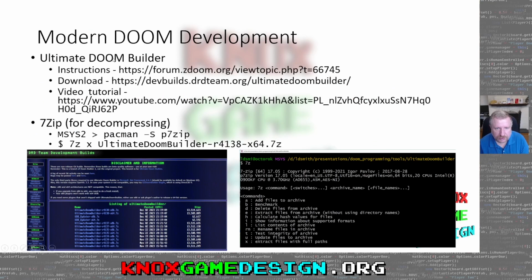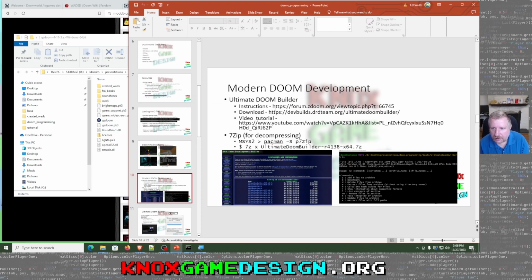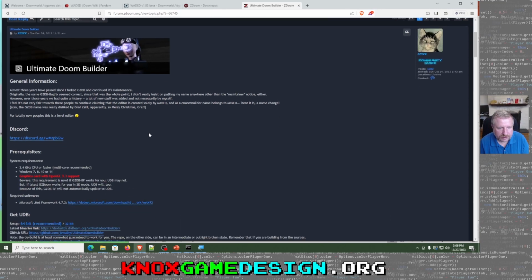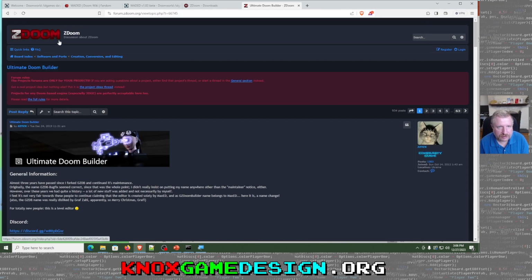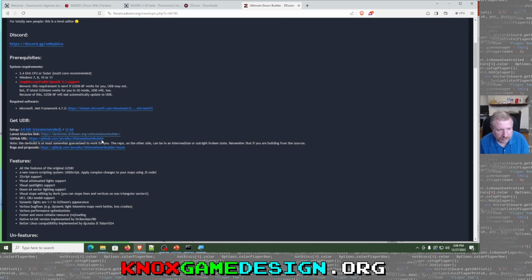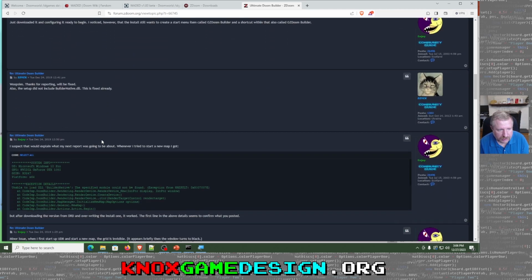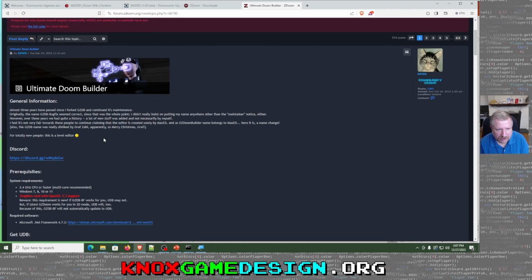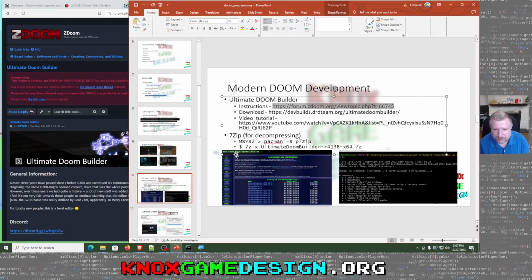There's Ultimate Doom Builder. I think that's what a lot of people use. You can go to zdoom.org, the forums, and there's this topic thread right here, which is a good resource. This will get you up and running, how to get ZDoom installed. It just took me a little while to figure it out and get everything set up, and I did explain a little bit of it. Here's the actual download for Ultimate Doom Builder at